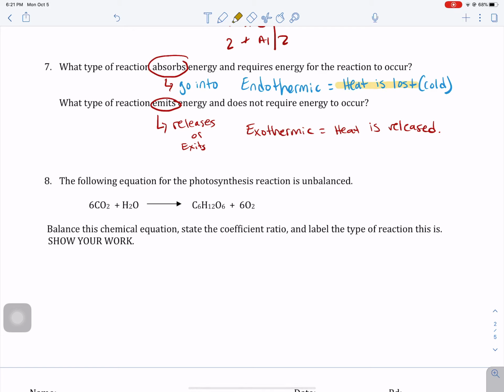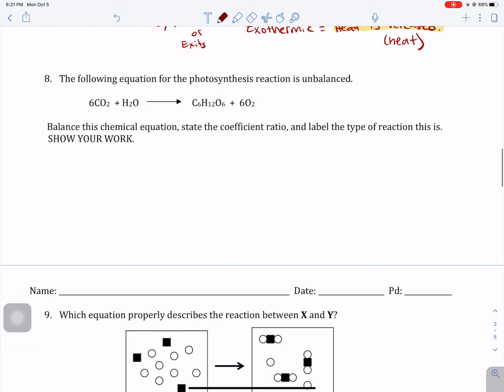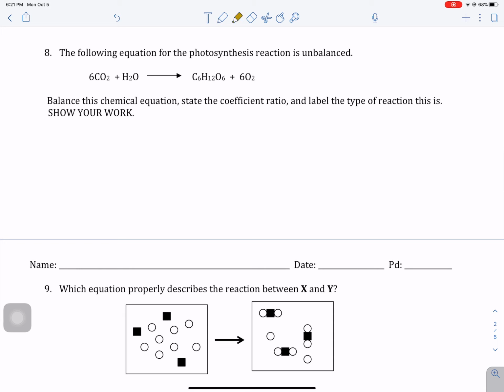So in this one, heat is lost, heat is released, or heat goes into. So in endothermic, you're not going to feel the heat. It's going to be cold. And in exothermic, you're going to feel heat. Okay? All right, so number 8 talks about photosynthesis, and we're trying to balance the